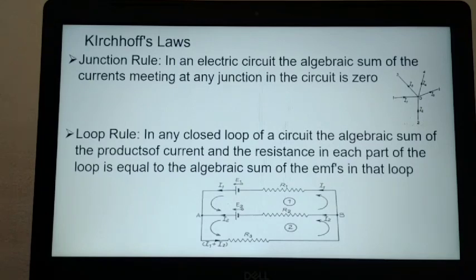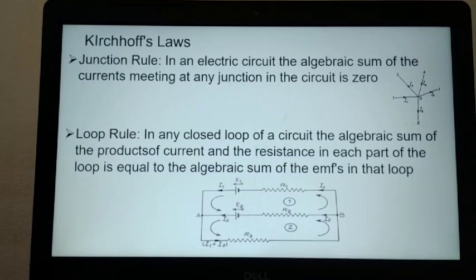Remember, you are moving along the same direction as I1, so it is negative, and you are moving in the direction opposite to I2, so that is positive. Okay, then now you have to go for the sum of the EMFs. When you are adding the EMFs of the cells, some cells are taken as positive and the others are taken as negative. How they are taken as negative and positive, I will tell you now.